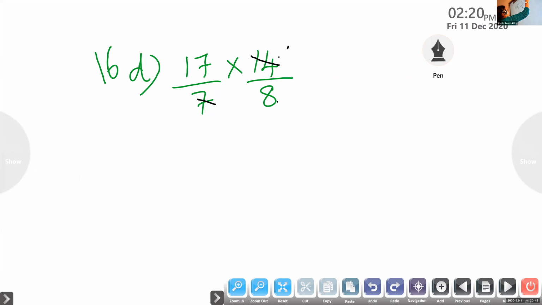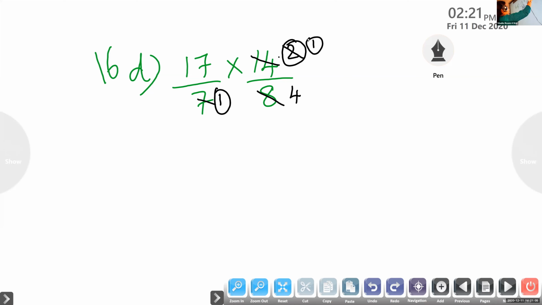Yes. 2 into 7 is 14. 1 into 7. Okay, then is there any more numbers? 2 and 8. So here I will cut 8, and you'll get 4. Don't forget to cut this number also. Here it is 1. Some children will cut on one side and forget the other side. Then your answer will be wrong.